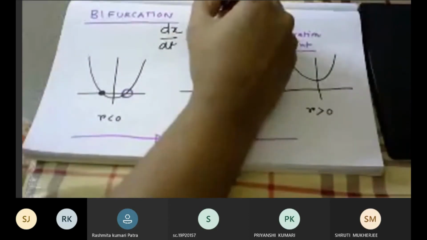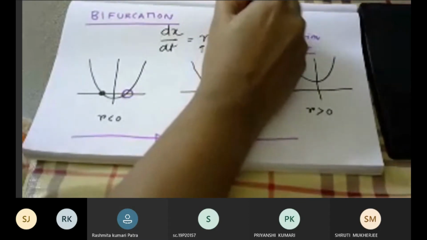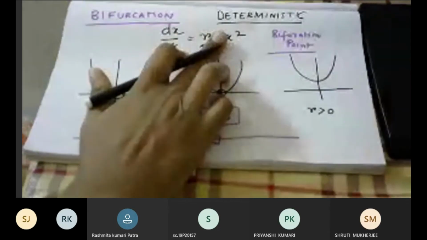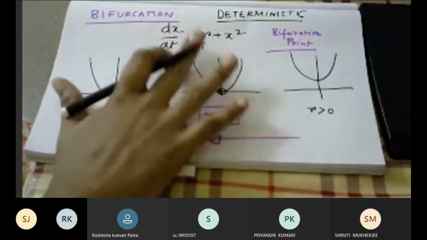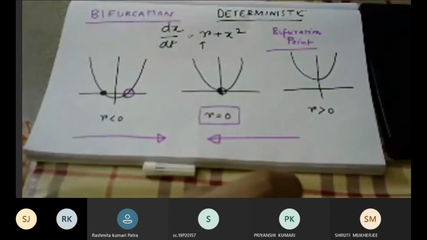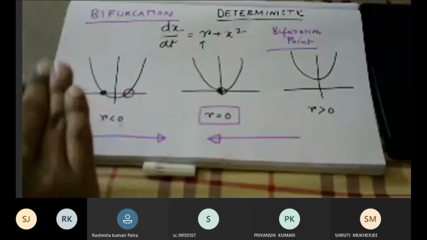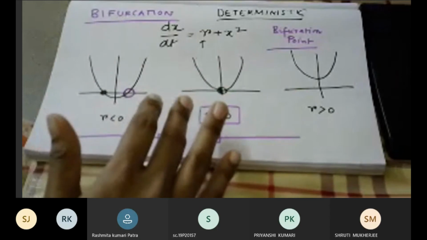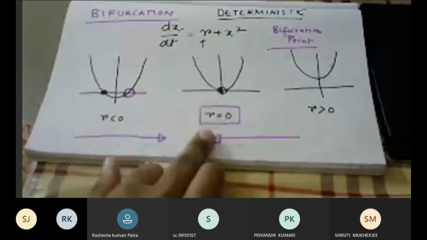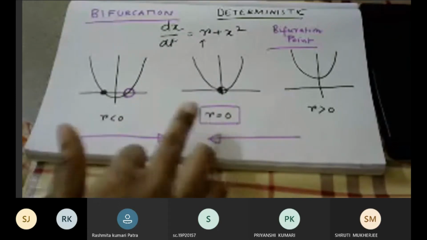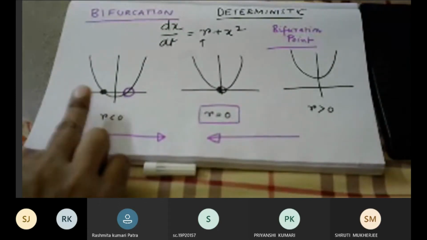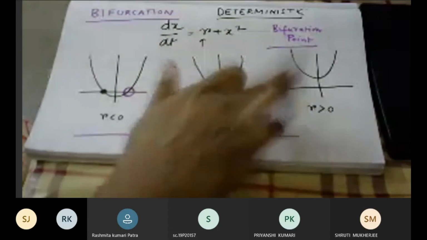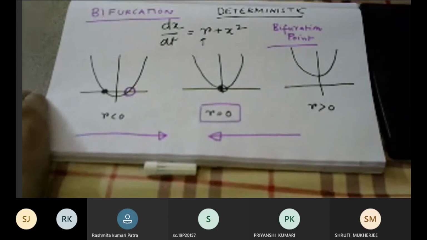There is nothing probabilistic here. The first part of this course that we are covering right now is entirely deterministic. So there is no question of probability as such, but I understand what you meant. My answer is that you identify it with a phase transition point, where a melting point or a boiling point is happening. Exactly the same thing is happening here. If you had a little fluctuation in the parameter, if it is a little bit negative, you will have a scenario like this, where you have clearly one stable point and one unstable point. And if you are on the positive side, you will have no fixed points at all. Does this answer your question?